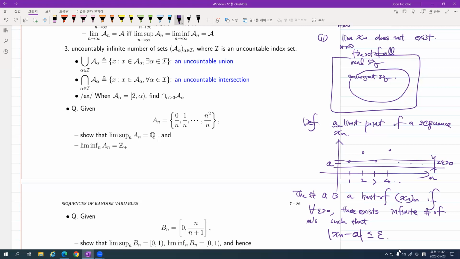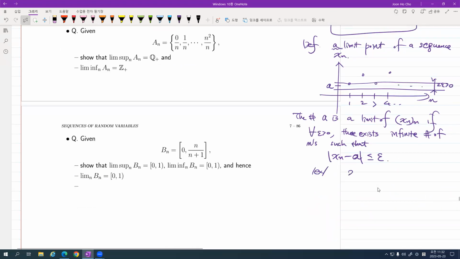So what about this? Here goes the simplest example. x_n equals (-1)^n. Question: is this sequence convergent? No, it oscillates, right? So it does not converge. Second question: is 1 a limit point of this sequence? Yes. Why? Because whatever epsilon positive you take, for even n, this is true, right?